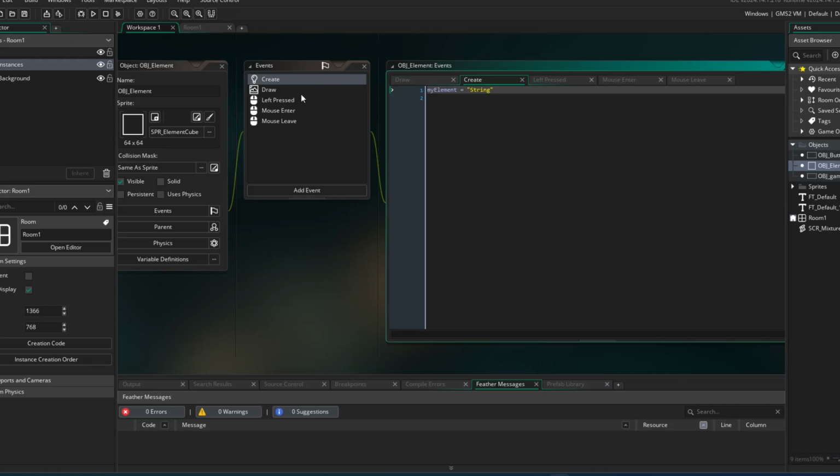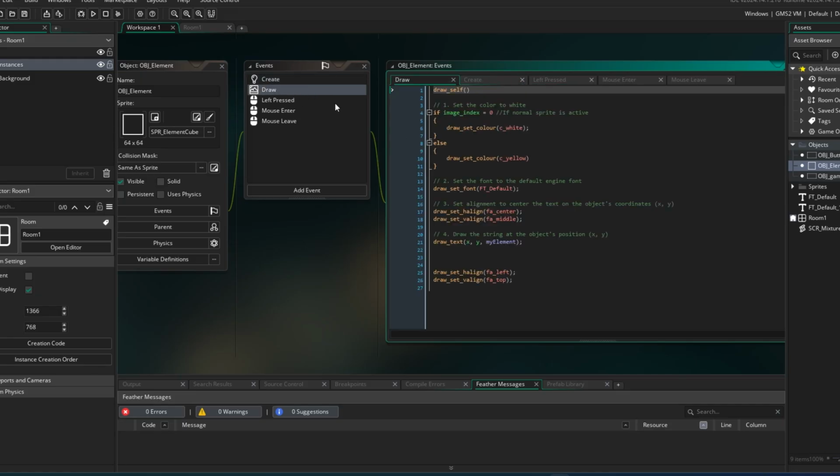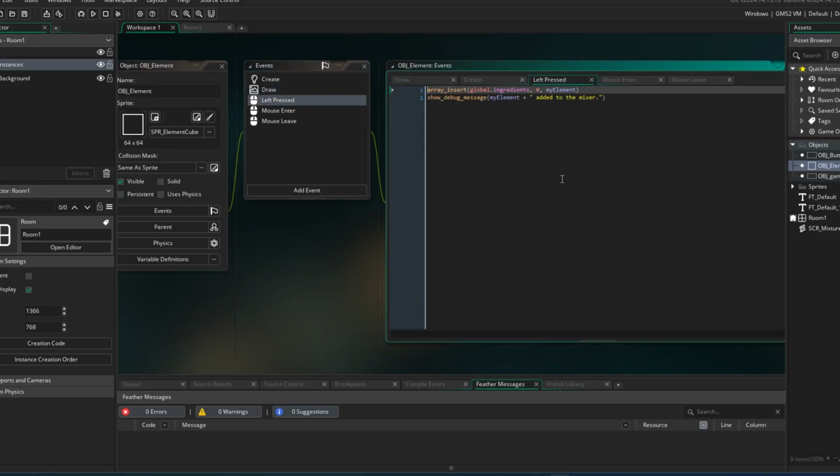Based on the periodic symbols, you're going to do a few things. There's nothing much in the draw other than when the image index or the sprite changes, you're going to match the color. And then down here, it's just going to pull my element string. But the primary thing that it does is when the element is clicked, you're going to insert your string into